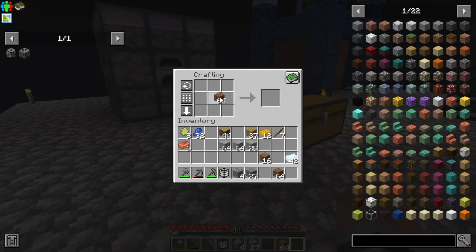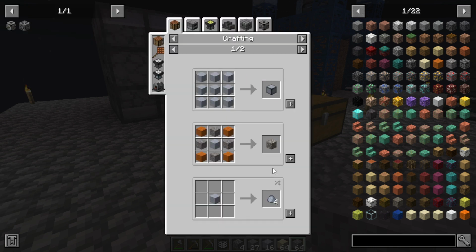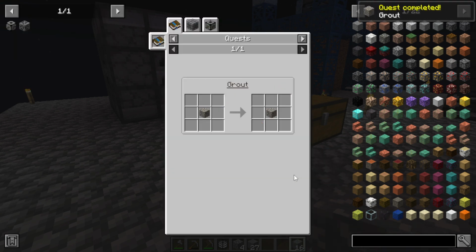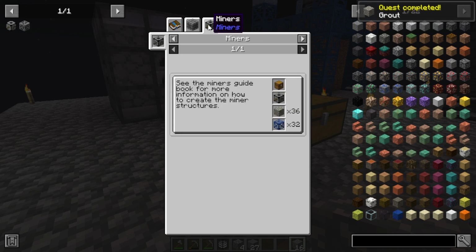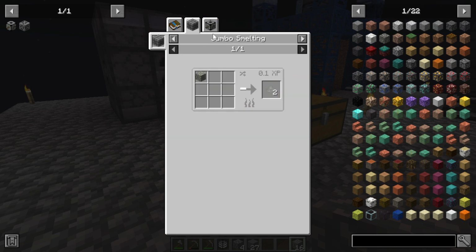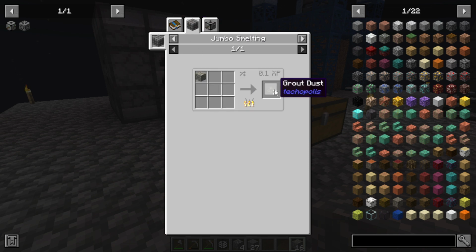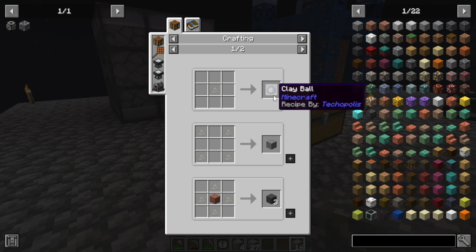Okay, so we want a stack of gravel, a stack of sand, and 16 clay. I don't know if I'm going to really want a full 16. That should be fine. Jumbo furnace, we will be... Oh, we can mine this? I don't know if we really need to. But the grout dust...